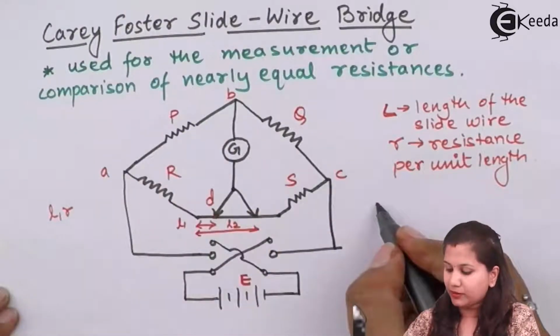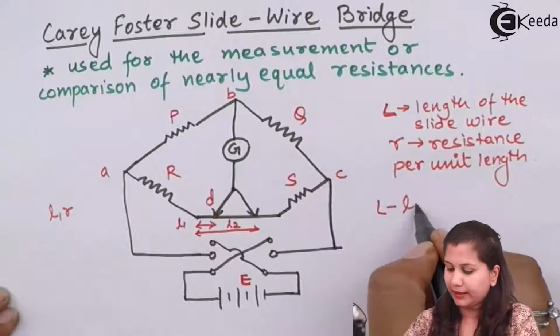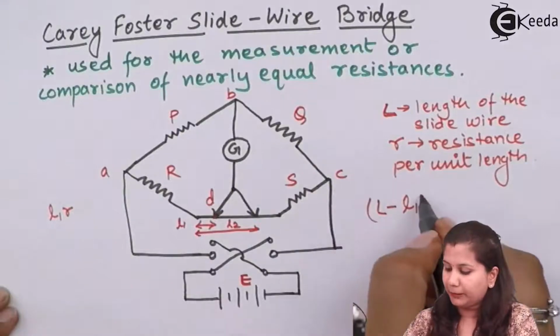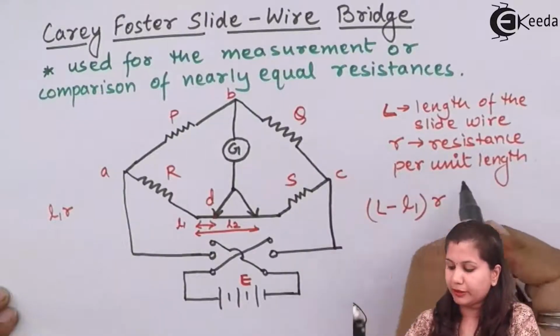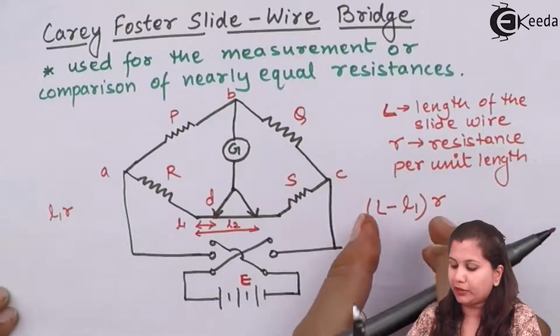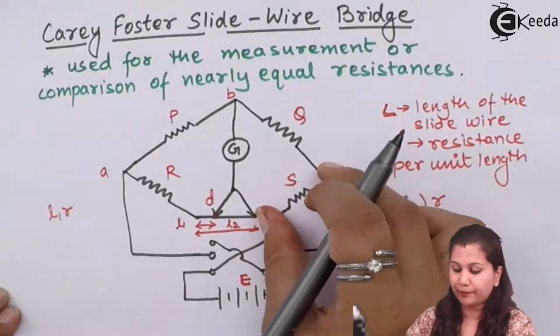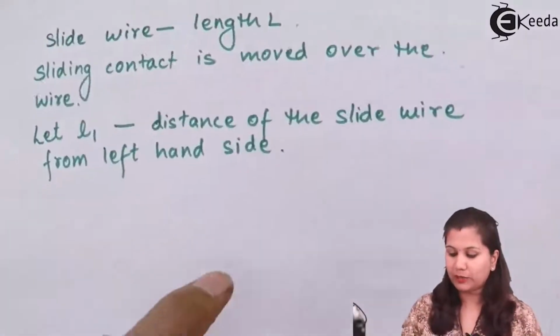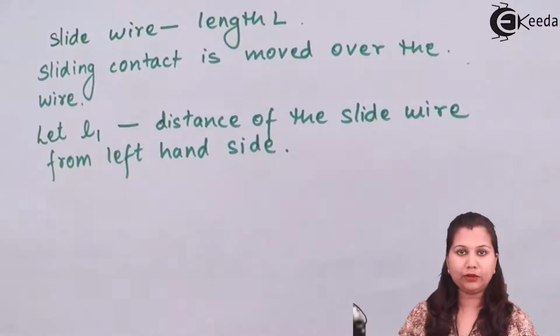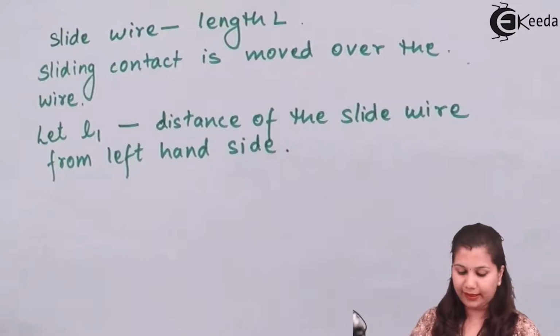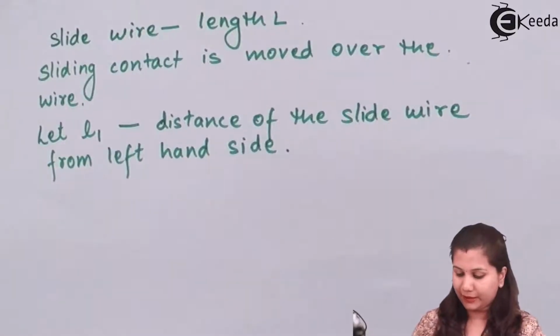In this S we know that the total length is capital L, so L1 is added in R, so the remaining part is what? L minus L1. And when we multiply this with the resistance per unit length, this much part of the resistance is added in the standard resistance. So for this first case, when the connections are like P, Q, R and S, in that case, if we write the balance equation,